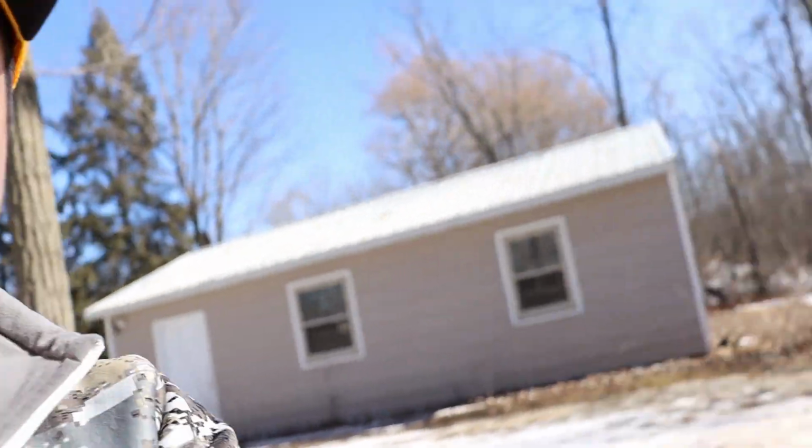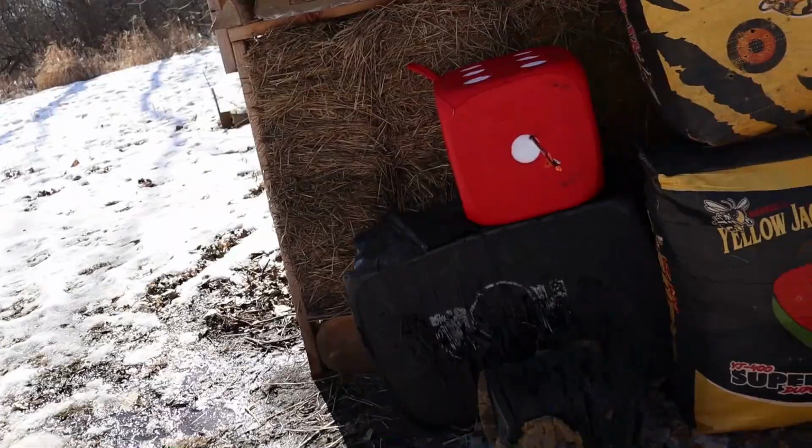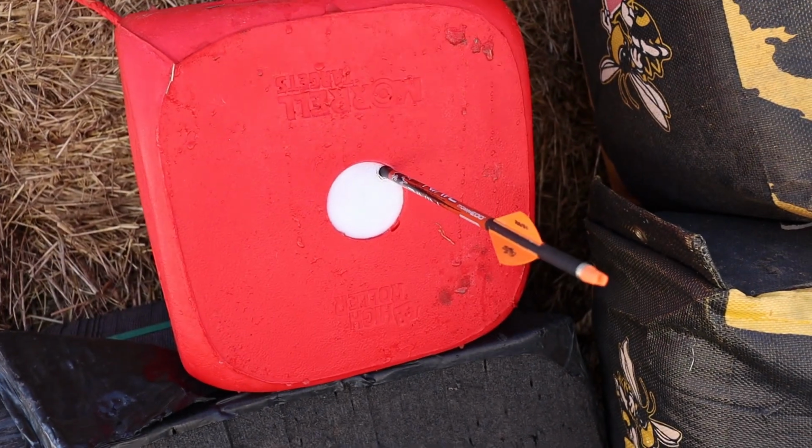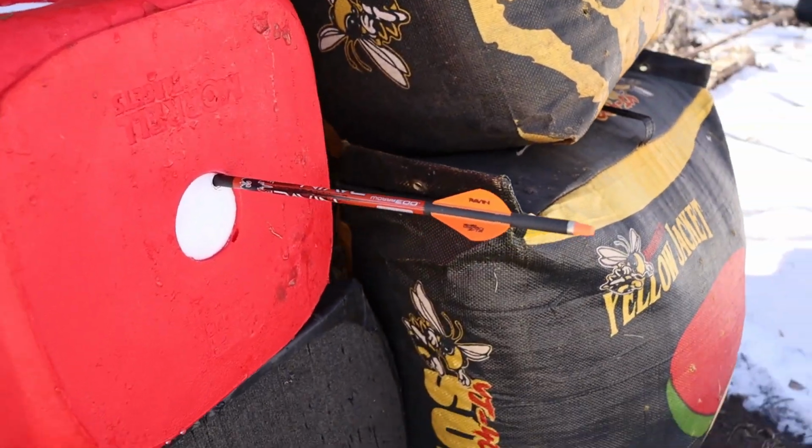Again, I apologize for the wind, but today's probably been one of the warmest days here this week. It's about 40 degrees. So that is my first shot at 20 yards. Bolt went in